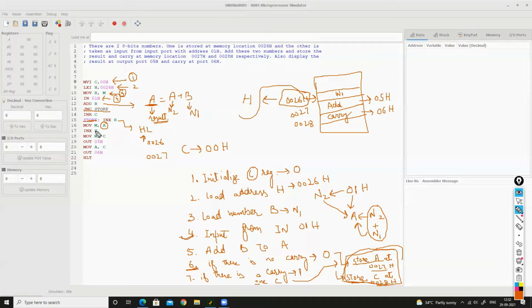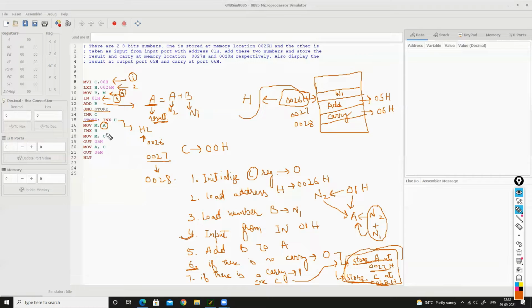Store this addition result at the location pointed to by the HL register pair. What is there in HL? 0027. So it is saying store A at 0027. So it is executing this. Then after that, again increment the HL register pair. It was 0027. Now we are making it 0028.